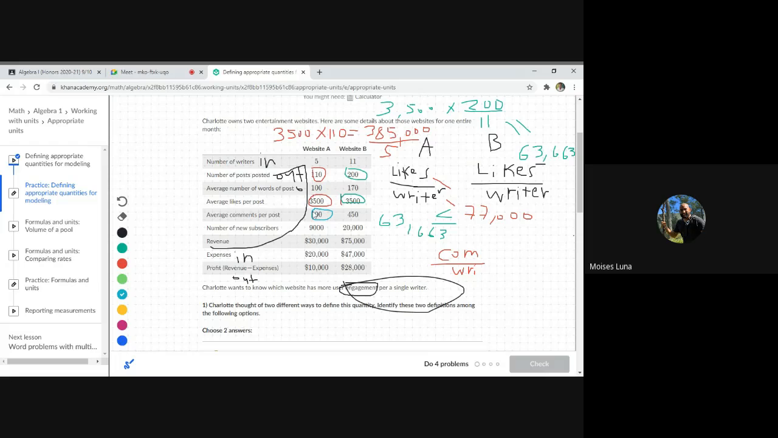You need comments per writer. So you need to eliminate your units. That's the most important part. So look. What do we get here, Samuel? So if you have 500 times 110, that would give you 55,000, and then you divide that by 5, that would give you 11,000. So you have 11,000 for the first one,